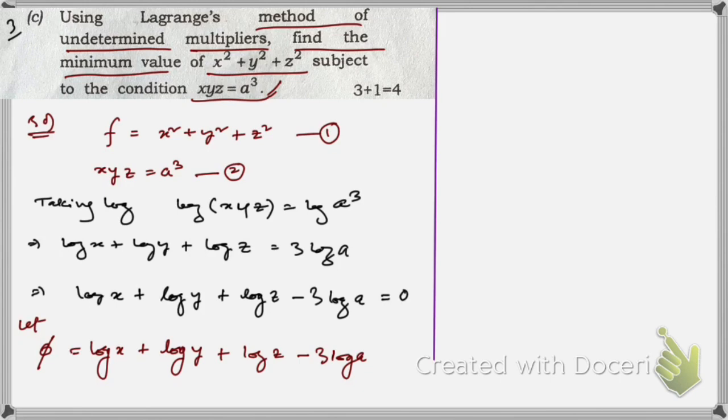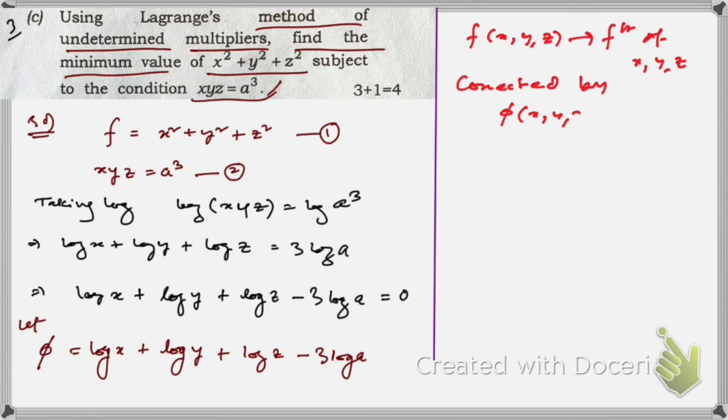So if f is a function of x, y and z, which are connected by the relation phi of x, y, z is equal to 0, that means these three variables are connected by this relation. Then del f by del x plus lambda del phi by del x is equal to 0. Then del f by del y plus lambda